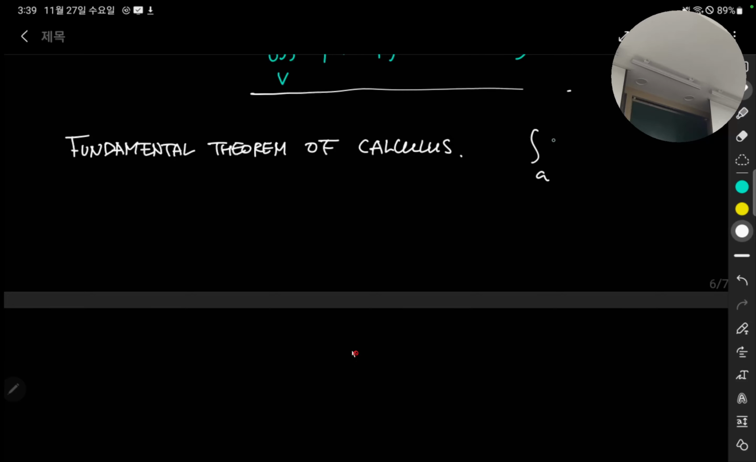It says if I integrate the derivative from a to b, it's the difference of the function, or you can say it's the antiderivative of difference of antiderivative. And I think I mentioned briefly before, but integration on potential function says